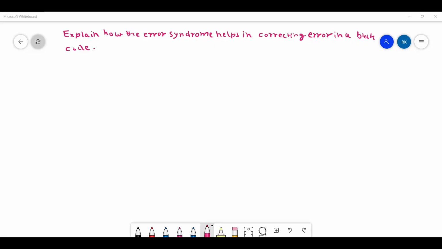Good morning, everyone. Today we'll take an example to see how an error syndrome helps in correcting an error occurred in a block code. So let's take a numerical example. Since we have mentioned that it's a block code, we also need to mention its size. So we are assuming here that we have a 7-4 block code